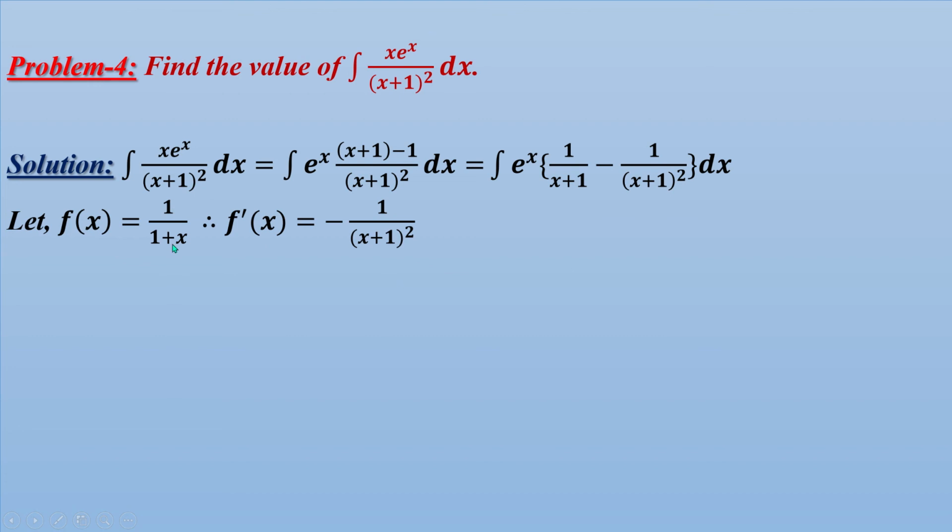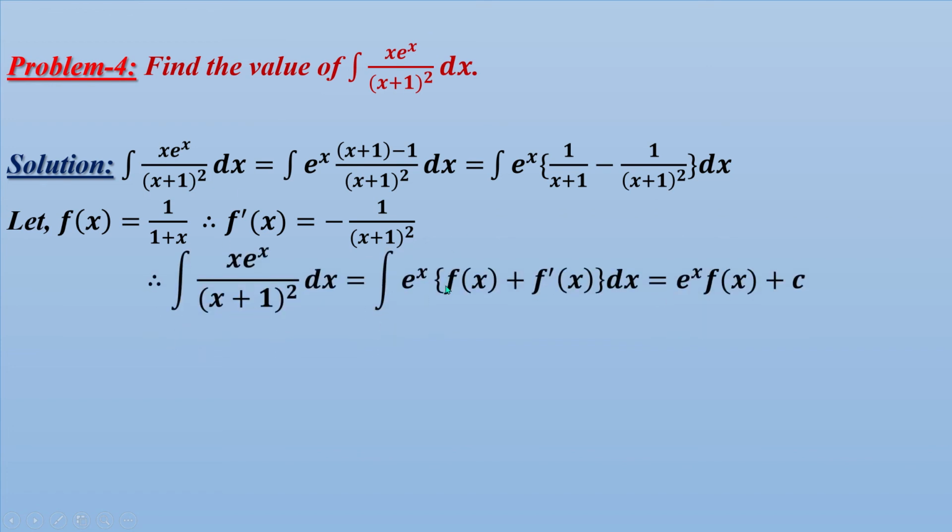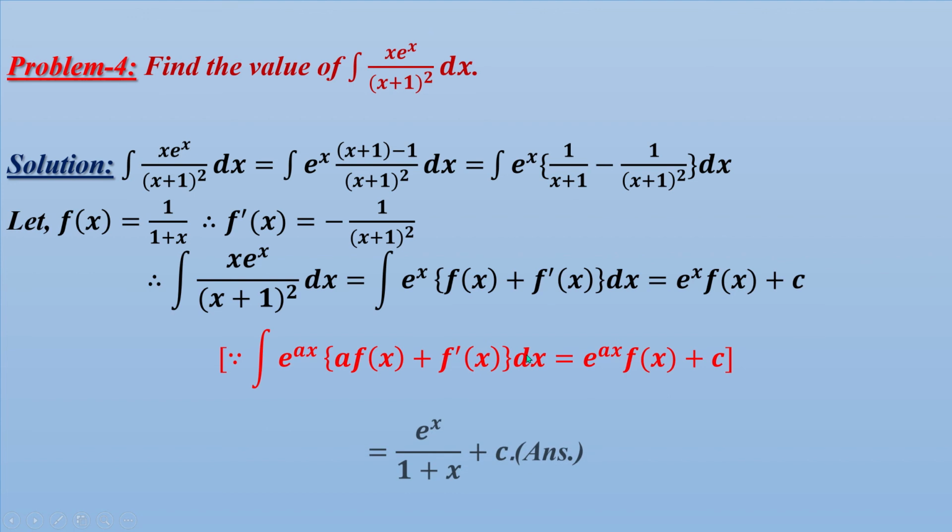Let f of x equal to 1 divided by 1 plus x, therefore f prime x equals minus 1 divided by x plus 1 whole square. That means we can write e to the power x, this is f of x and this is f prime x dx, so this equals e to the power x f of x plus c, that means this formula is used here. But f of x equals 1 divided by 1 plus x, that means this equals e to the power x divided by 1 plus x plus c, this is the required answer. Clear everyone? Okay, now